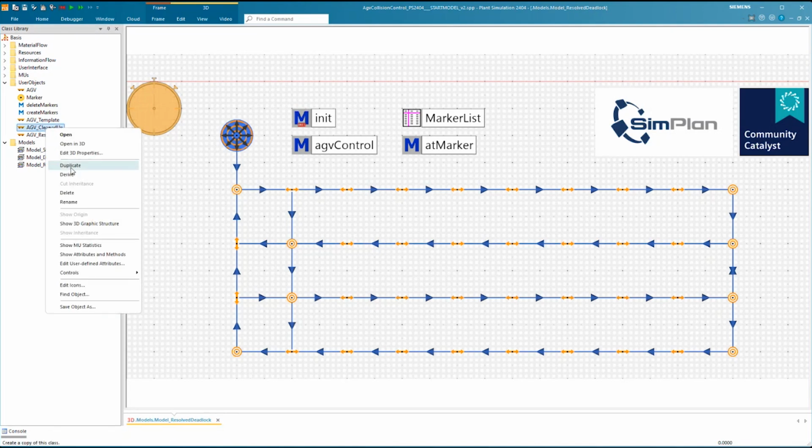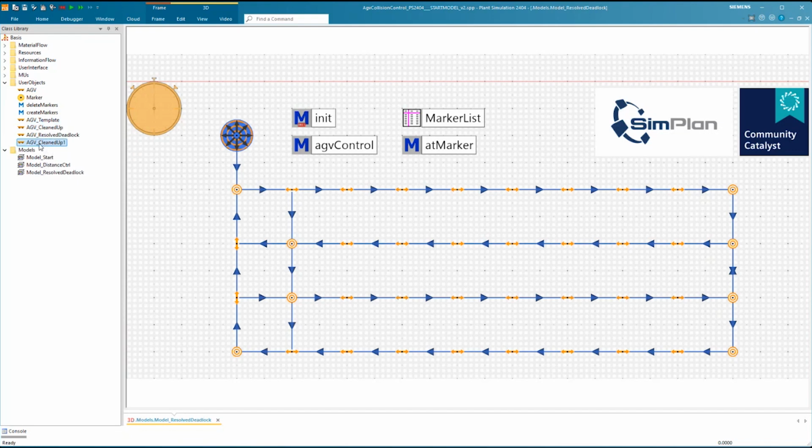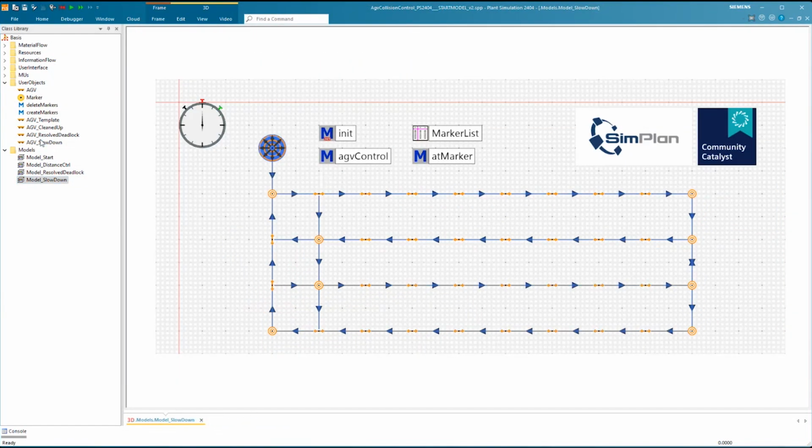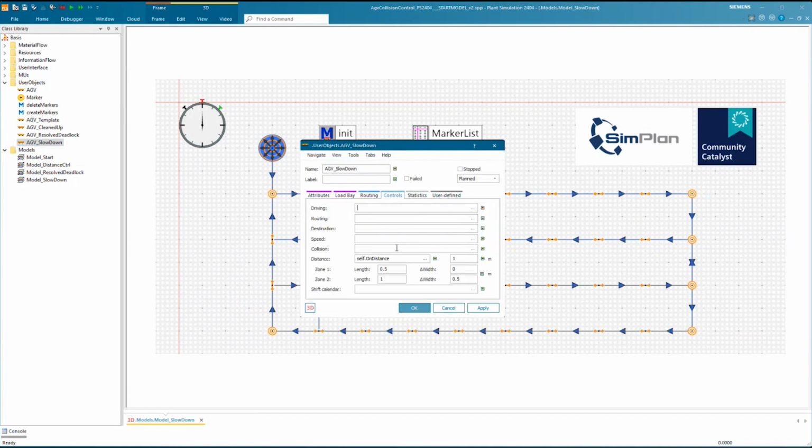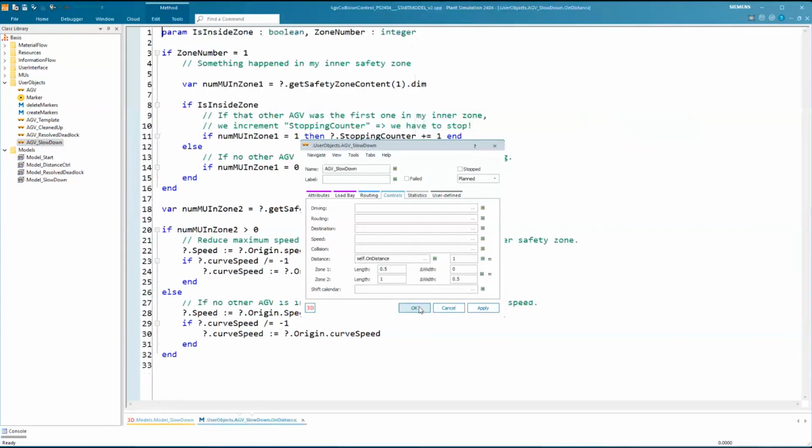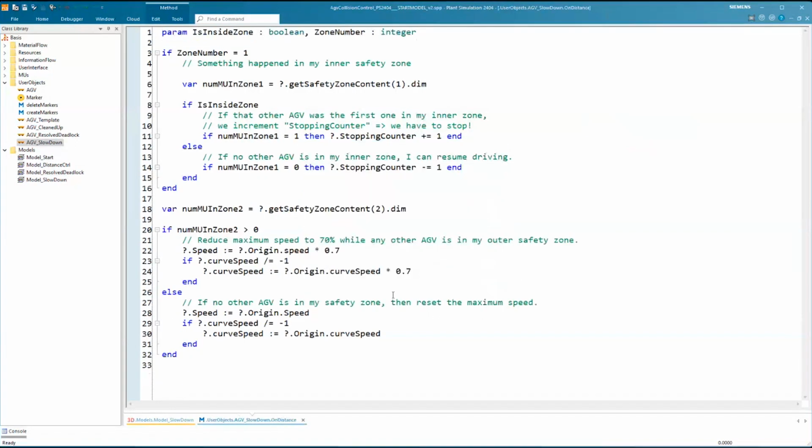So again, duplicate this AGV class here and call it slow down. And then I duplicate my model again, call it slow down. And again, go back to the first distance control template, the basic code that we had.